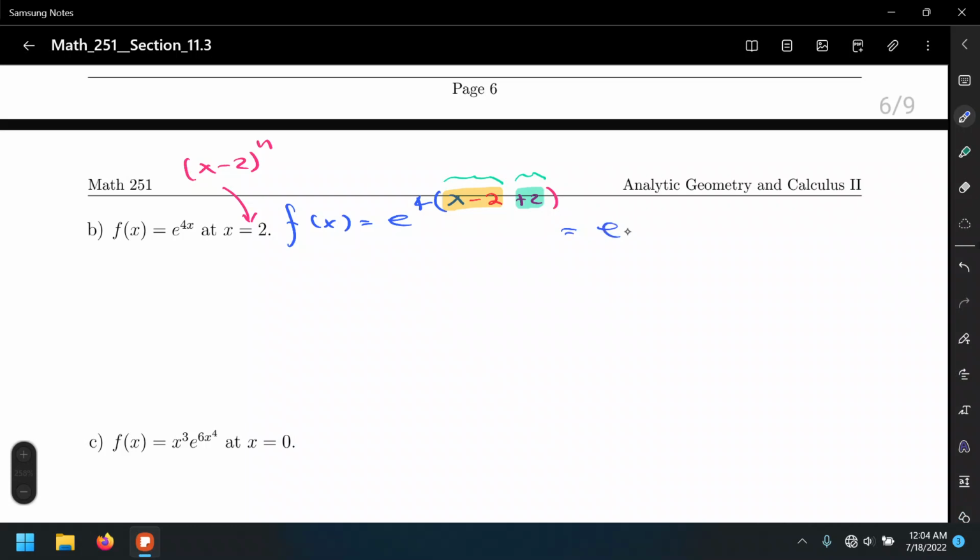Alright, so this will be e to the 4 times x minus 2, times e to the 4 times 2, which is e to the 8. And notice the similarity. I think from here you can tell where we're going. So this will be the e to the 8 that we got from the previous series. So this e to the 8 will be at the beginning. I'm going to rewrite this, and this is the same as saying e to the u times e to the 8,